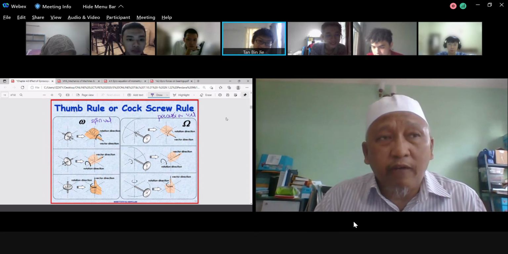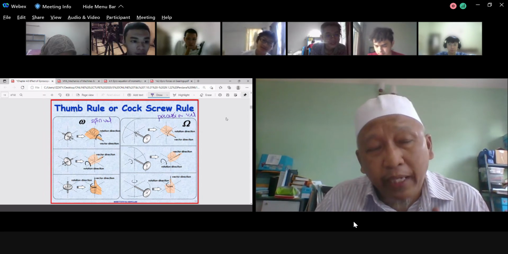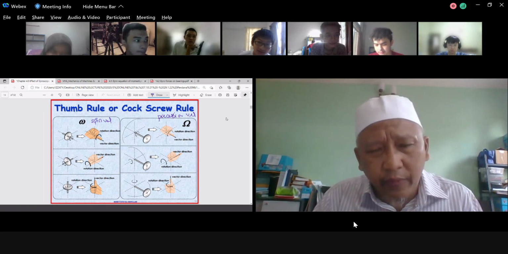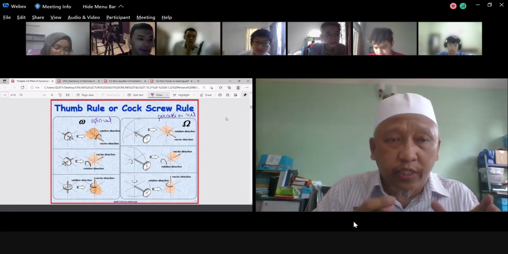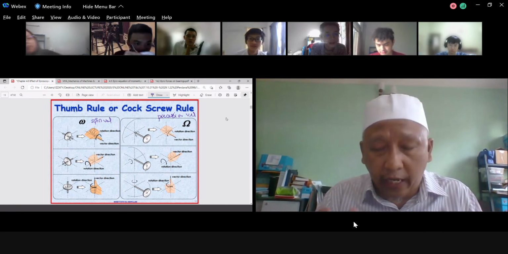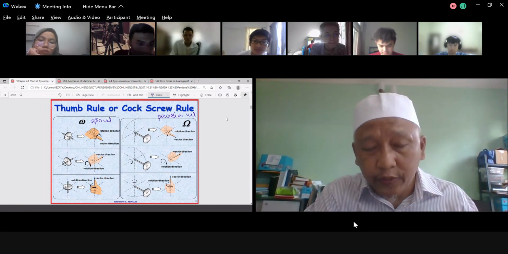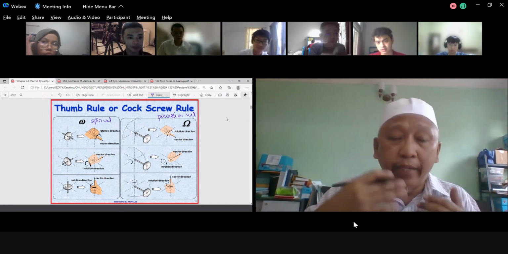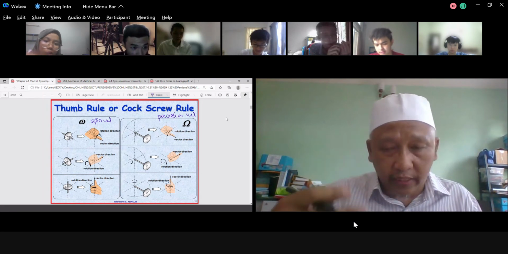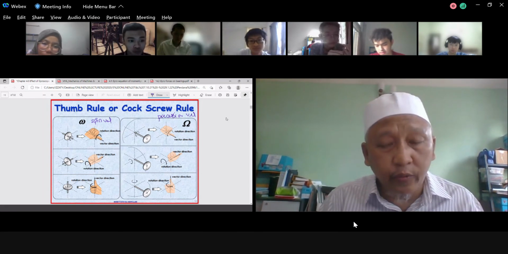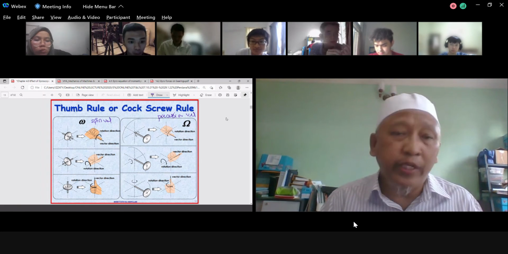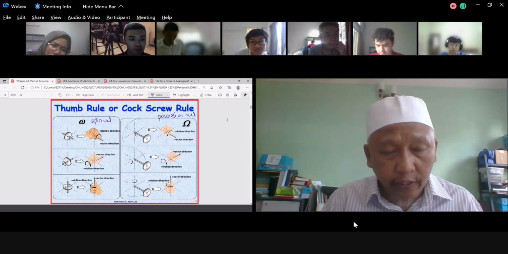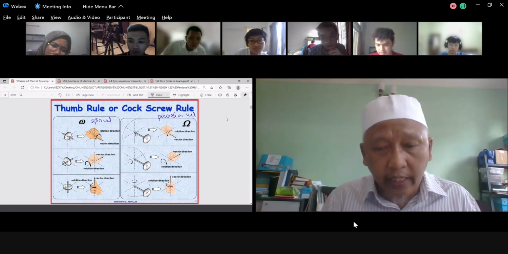Okay, if you're talking about a car, for example, what makes the car move is the engine, right? So the engine is running at a certain speed, and of course the engine will be attached to the axle gear. Then the gear will be on the axle, and then the axle will be attached to the wheel. So the wheel now is basically the spin velocity, isn't it? Why? Because the wheel makes the car move from one station to another. While driving, you turn to left, you turn to right, for example, or you hit a hump, or you hit a pothole. So you are basically the precession. So the precession will be the velocity of the entire body.